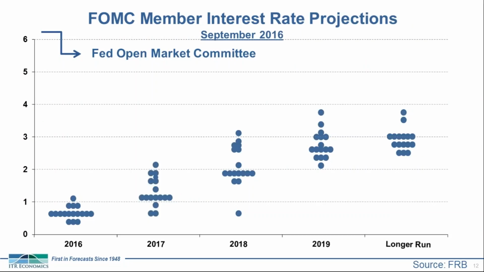And finally, a lot of people's concerns and questions rely on our expectations for interest rates in that side of the pseudo-governmental decision-making process. Here we have the Federal Open Market Committee, the FOMC, member interest rate projections. You can see these are, as of September 2016, their third quarter projections. And by 2017, they do expect rate hikes flowing up through the mid 1% to 2%, followed by it evening out around 3%, upwards of even maybe 3.5, 3.75 percentage points in 2019, followed by the years after that.